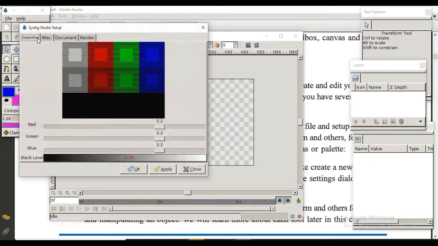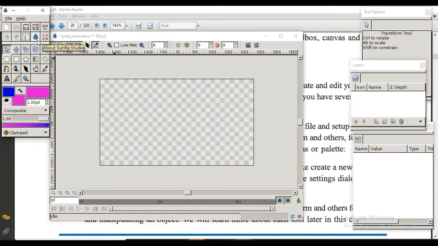This is setup to make changes in Synfig's default values. This is about Synfig Studio. It will take you to the online tutorial or online manual of Synfig. This is help section, wherein you can get some more information, how to do, what to do, like that.